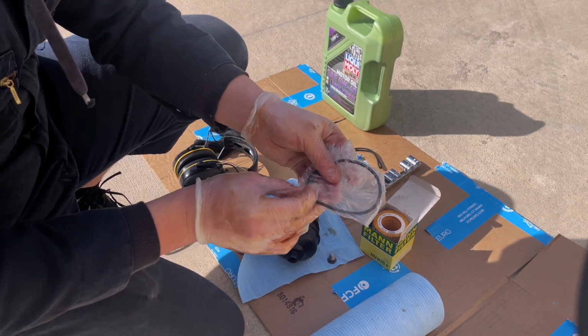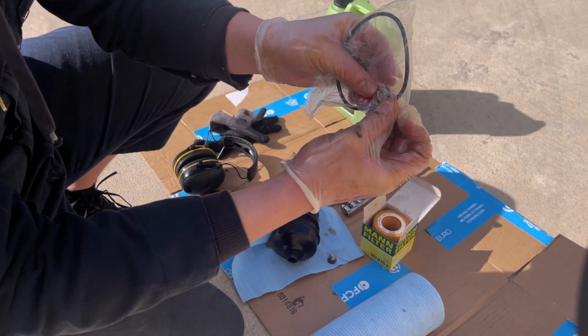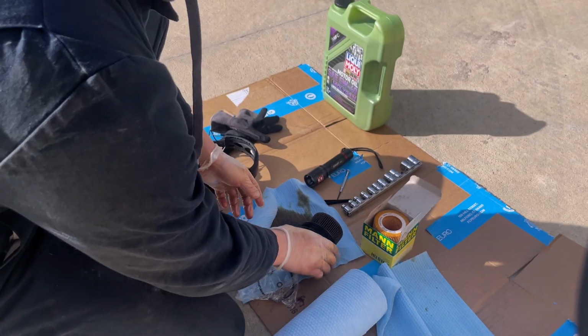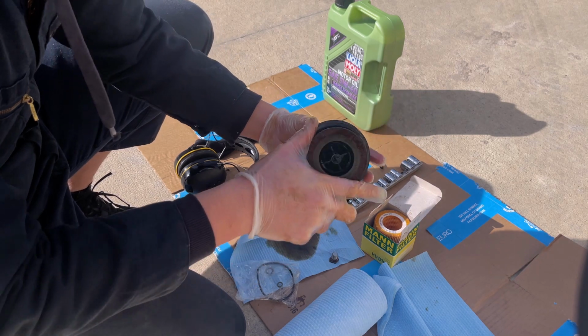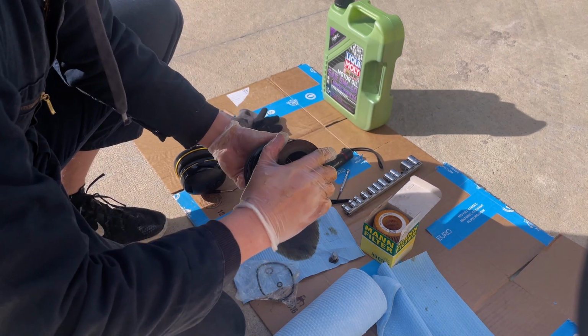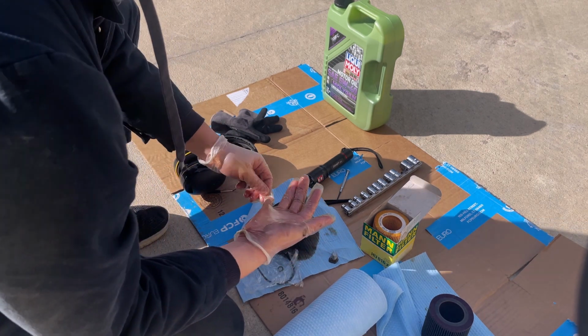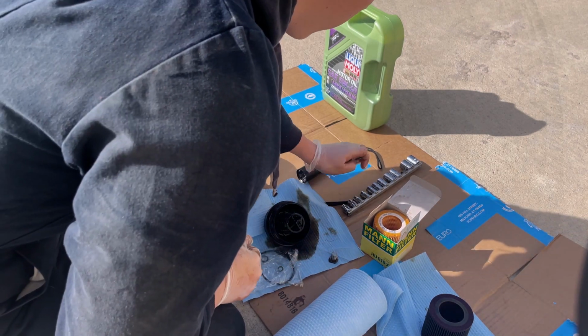Now the way you can tell that it's for the xdrive is because it'll have this copper washer in here rather than the plastic drain plug. Alright, so first, we're going to take out the old one. Place it out over here on another towel. Now what I have here